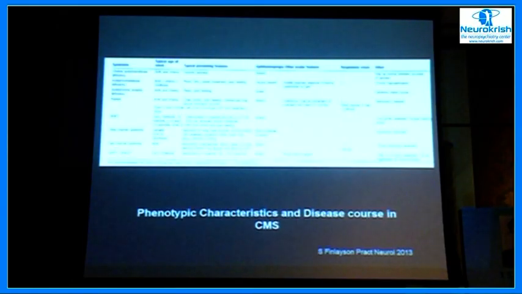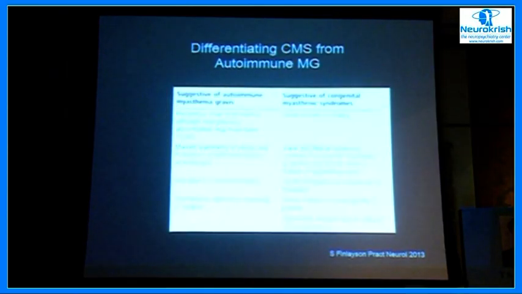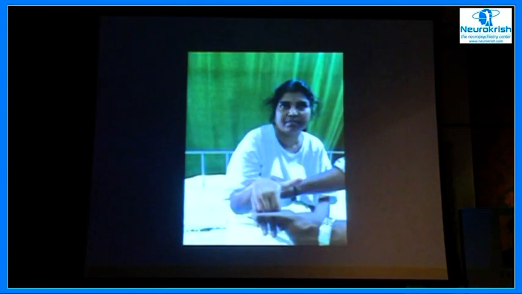They can have chronic hyperventilation. Again, the DOK7, where they have normal development in childhood, following which they develop a limb girdle weakness. A slow channel syndrome, which I will show later, where you have significant finger extensor weakness. This is a table showing differences between the autoimmune and congenital myasthenic syndrome. This is a lady showing finger extensor weakness in slow channel syndrome.